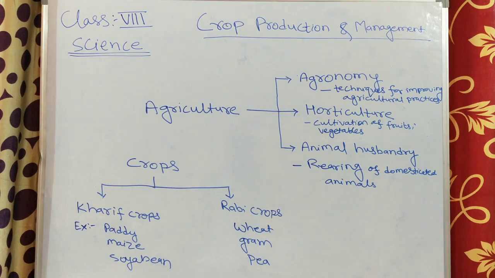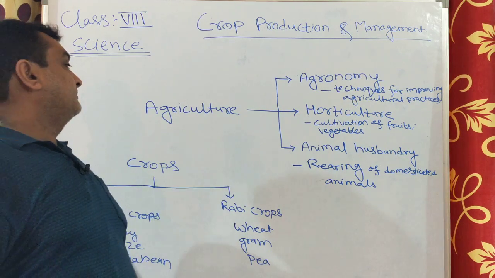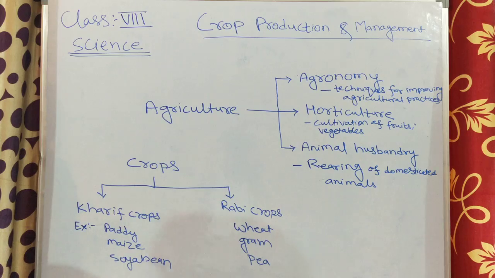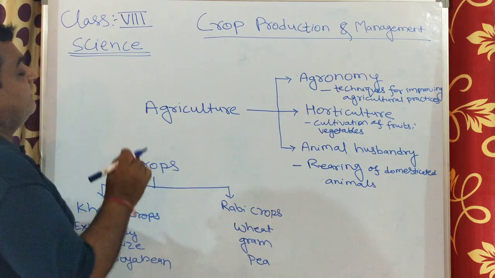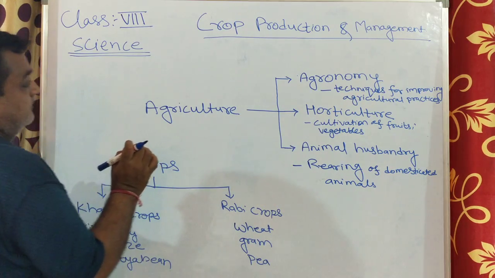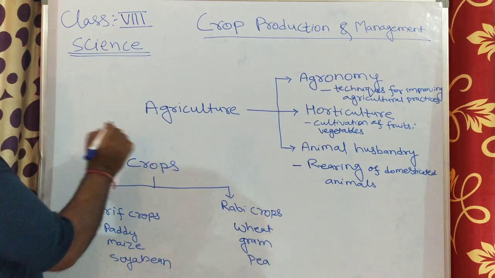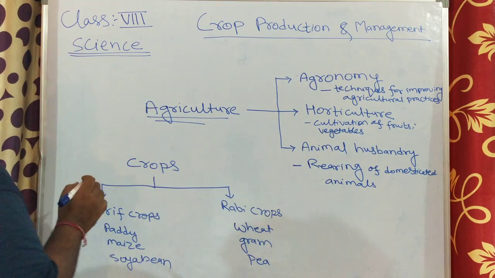Students, today we will study chapter 1, crop production and management. In this chapter we will see agriculture. We will start with agriculture. This term agriculture is made of two words, agar